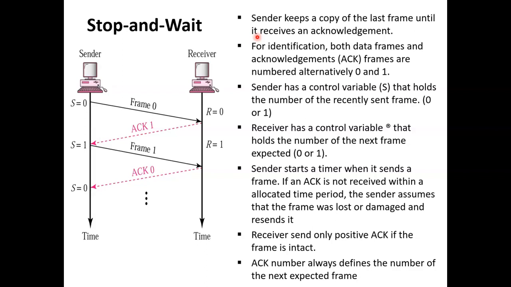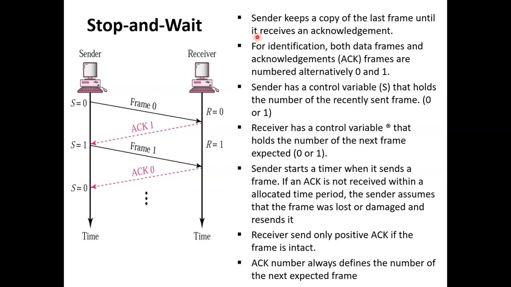So the sender has a control variable called S, which will hold the number of the recently sent frame, 0 or 1. So if I am sending the first frame, it is 0. When I am sending the second, 1. Alternatively, we use 0, 1, 0, 1. The receiver also has a control variable, which is called R, which holds the number of the